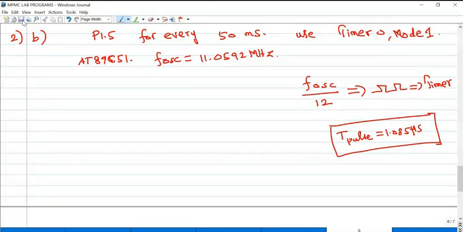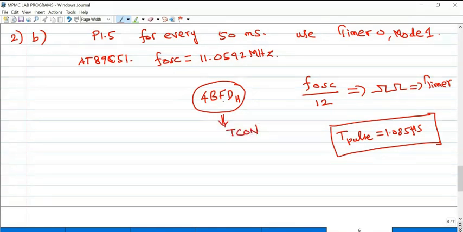You check that the value to be loaded is 4BFD. So this value is to be loaded in the timer registers, particularly the lower order 8-bit TL and higher order 8-bit TH.